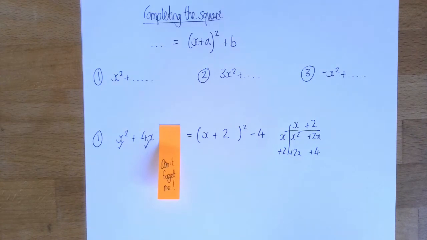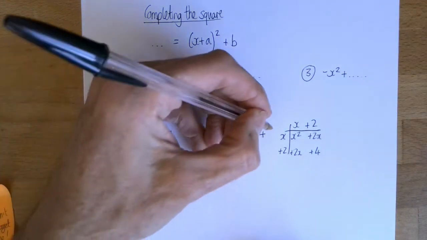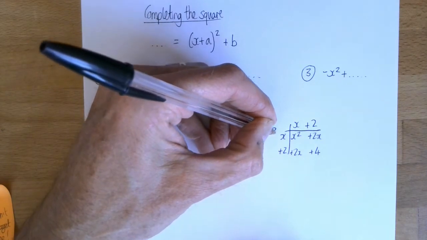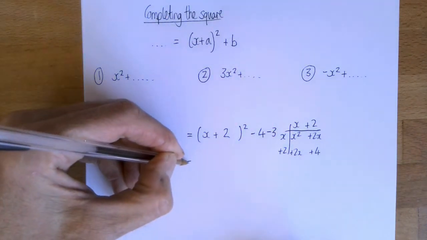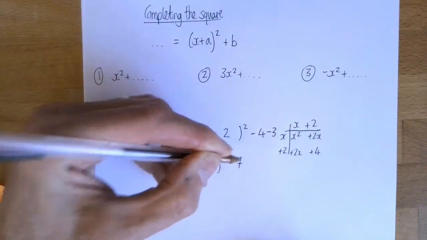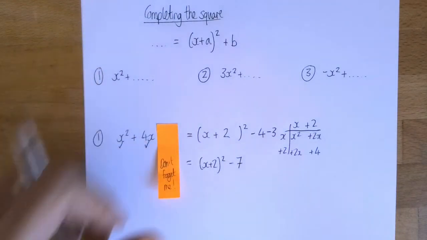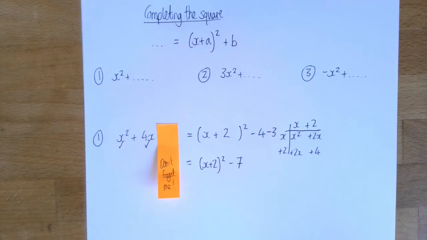And we're done, aren't we? Oh, hang on a minute, have I forgotten something? Oh, look, yeah, I forgot this. Okay, so we've got a minus 3 there as well. So I'm going to take away another 3. So I end up with x plus 2 squared minus 7. Now I know that's not the only way of explaining it, and if you're used to a different way of doing it, fantastic, stick to that way. But that's the way I do it. Ignore that bit, work it out without that bit, and then just take 3 away at the end,